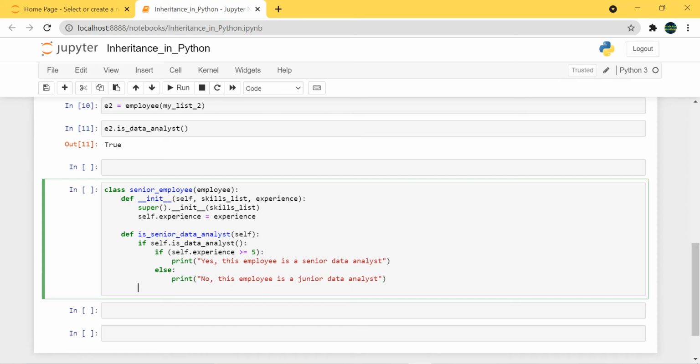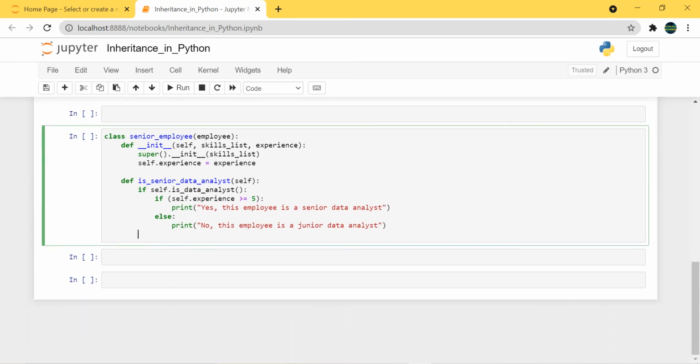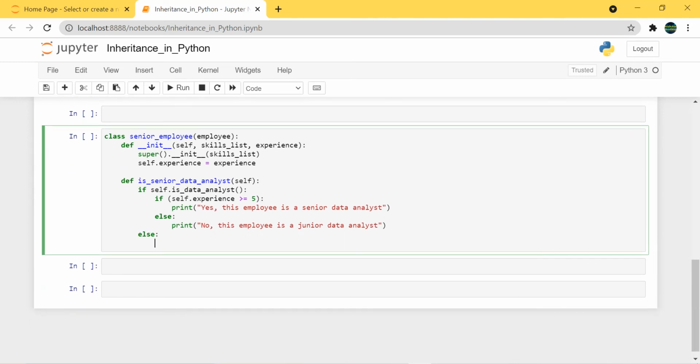So else, so if it is not data analyst, we directly print this employee is not data analyst. Okay, print. So this employee is not data analyst. Okay, so if we run that,